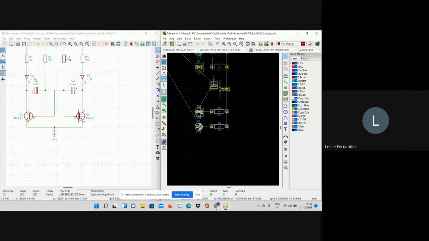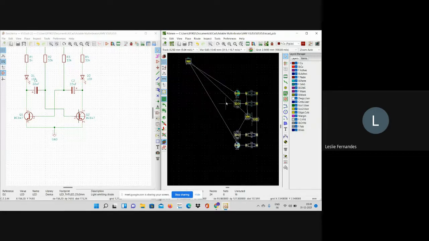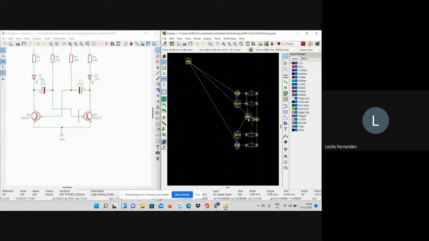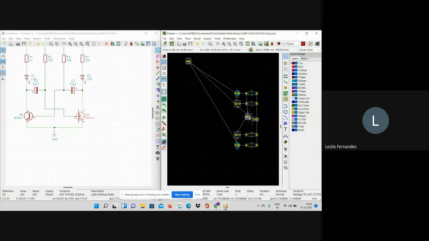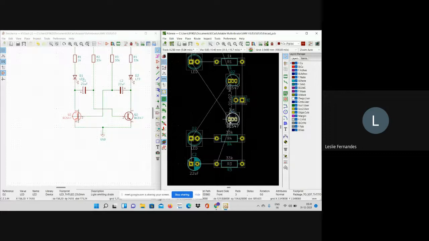What I'm doing is I'm just selecting and shifting this with move. Press M and move it so that I'm making place for these transistors. I'll move these transistors into place. I'll press M and move. The commands are the same for both. Now I'll bring Q1, say move, and bring it into position.